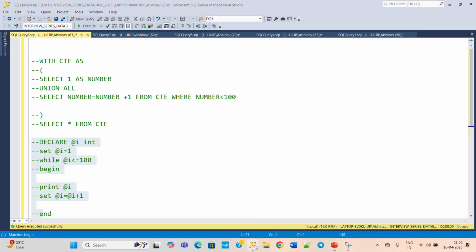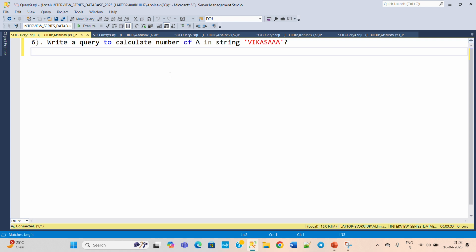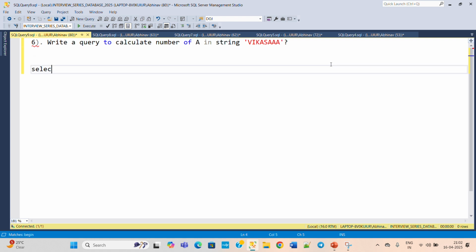This is also a very tricky question, but for finding the number of a in Vikas it is a very simple query. What you need to do is select length of Vikas. We will use the length function. Once we get the length of Vikas, and then the length of Vikas without a, we can subtract that from the total and find the number of a. So the second will be comma length of